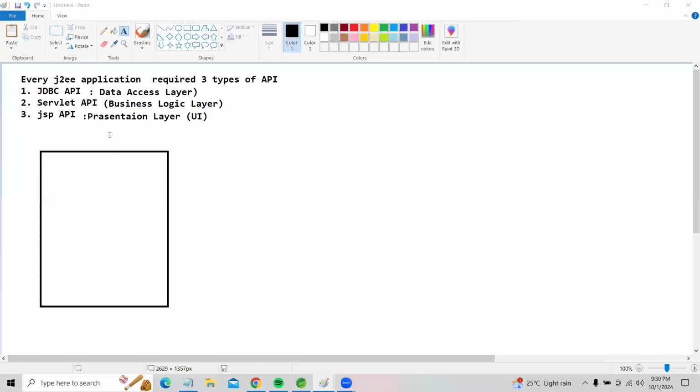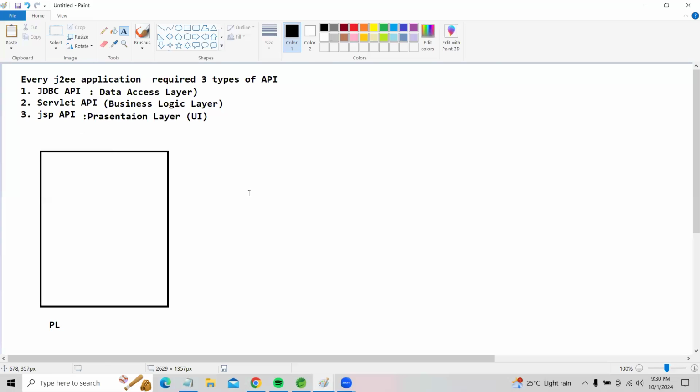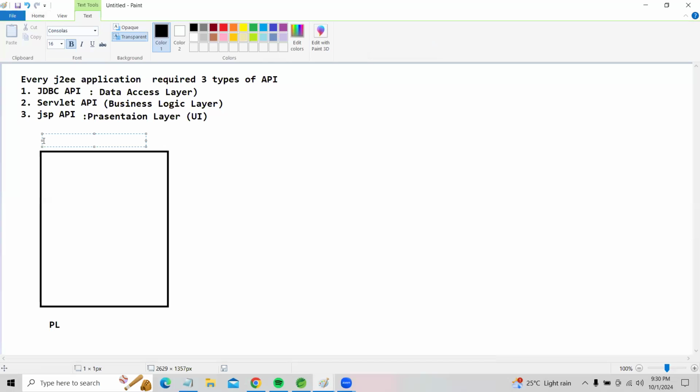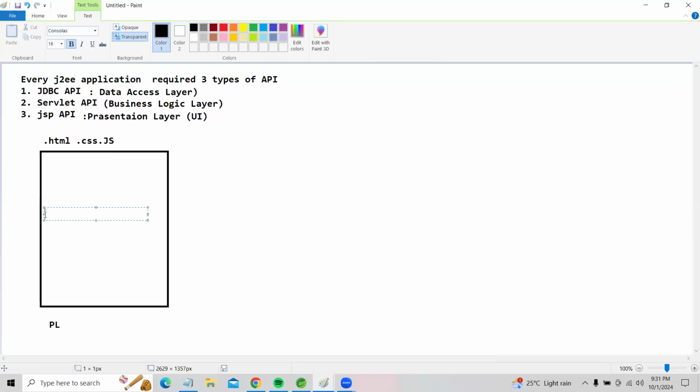Now I am talking about the presentation layer. The presentation layer is designed with three types of technologies. The first one is HTML code, the second is CSS code, and the third is JavaScript code. By using these, we are simply designing our web pages.